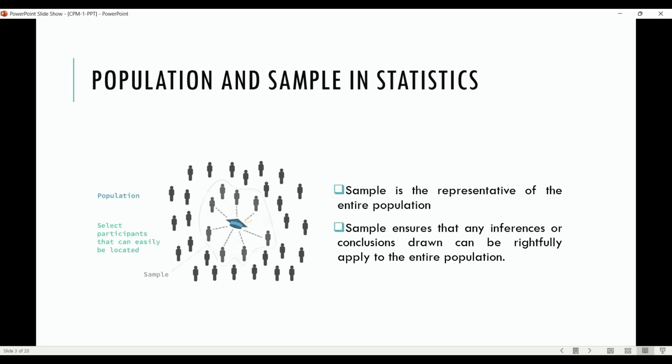Whereas a sample is a representative of the population. For example, if you wanted to know the satisfaction level of an e-commerce platform, say Amazon, you could go take a survey from all 2.1 billion people around India. That's practically impossible. But instead, you can collect data from at least 385 samples who represent the entire population, who generally use the Amazon platform. The satisfaction level of these 385 samples, which we have selected as a representative of the entire population, is what a sample is. A sample is a representative of the entire population.